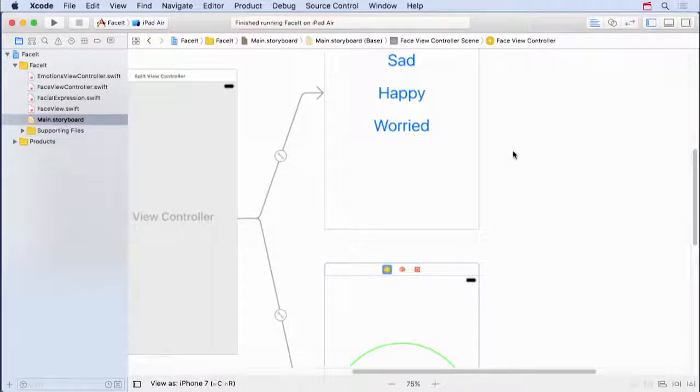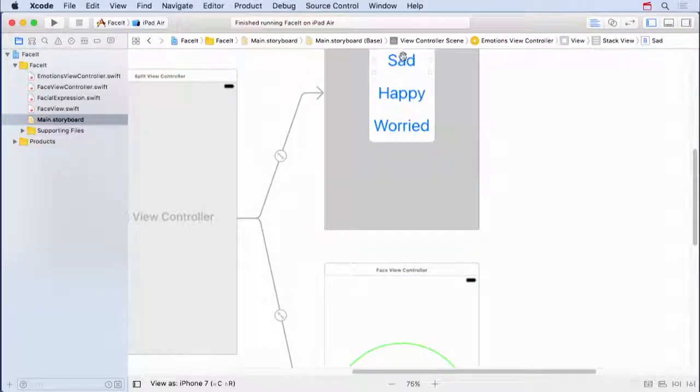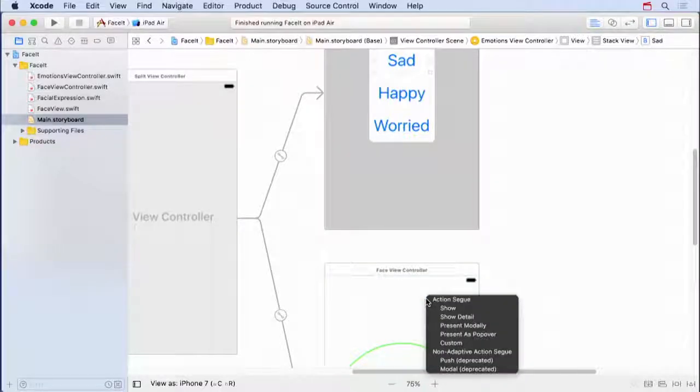Okay, so let's go do our segues. Segues also, of course, use our favorite gesture, which is control drag. So if I want to make a sad segue, I'm just going to hold down control and drag to the MVC that I want to segue to, the MVC I want to show when I press sad. So I do that. Now, you notice that I have some choices of what kind of presentation, what kind of